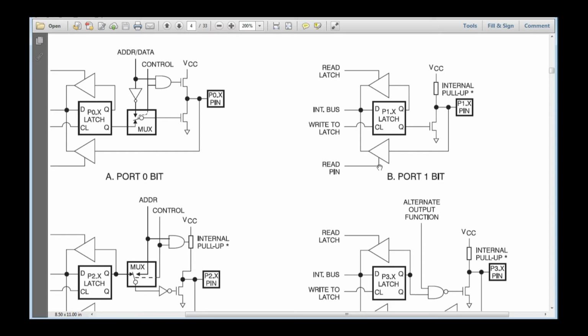Because of the presence of the tri-state buffer, the writing into the tri-state buffer is controllable. Writing into the latch is controllable, as well as the reading from the latch, as discussed in the memory discussion. Now it is very clear with respect to the port structure, right? Now we'll do some simple programs. That is the prime objective. While discussing the program, whenever necessary, we will talk about the architecture in detail.